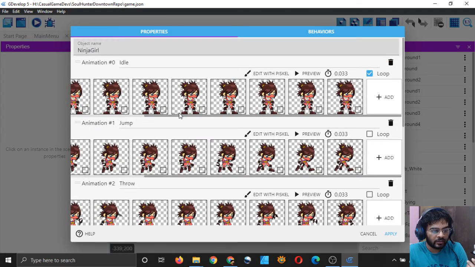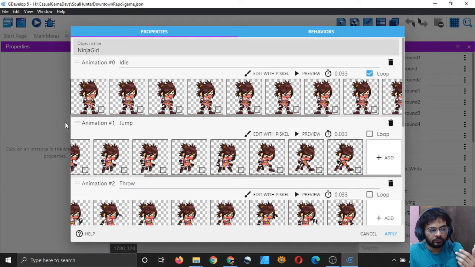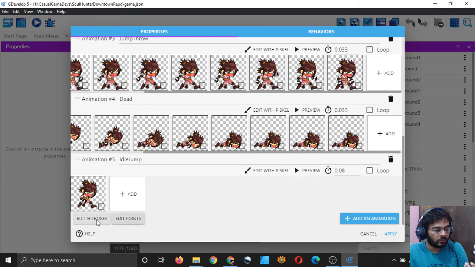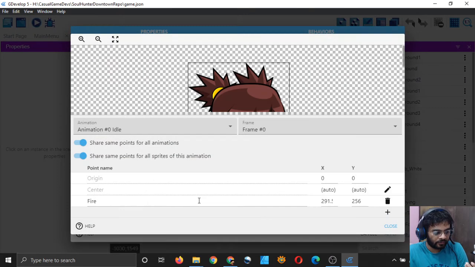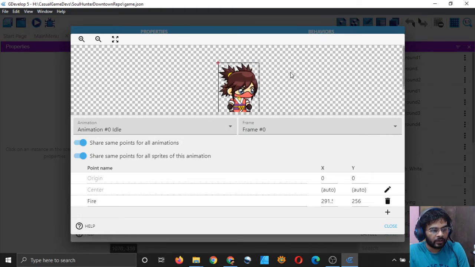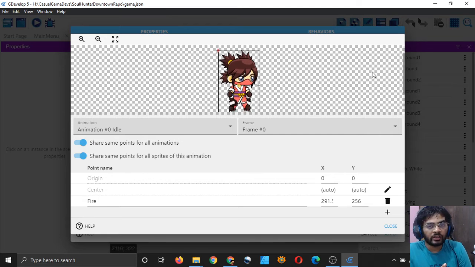Your second step, which is important, is to go to edit points, right? If the size of your new sprite is different than the size of your old sprite, then you may have to move your points. So right now I have 3 points: origin, center and fire.